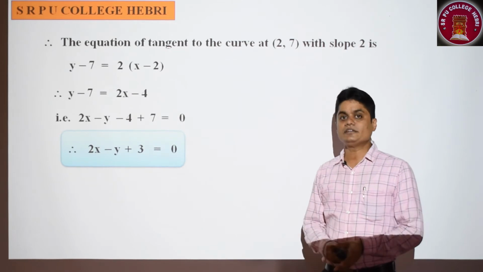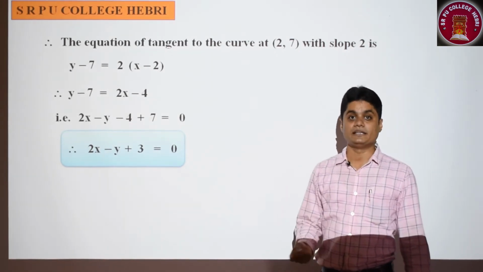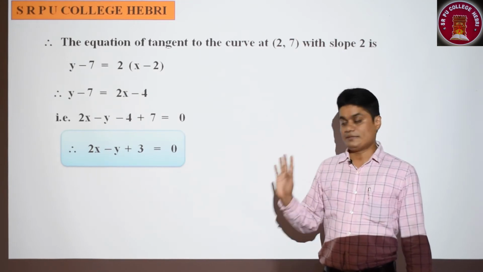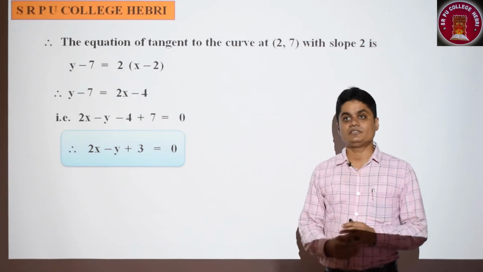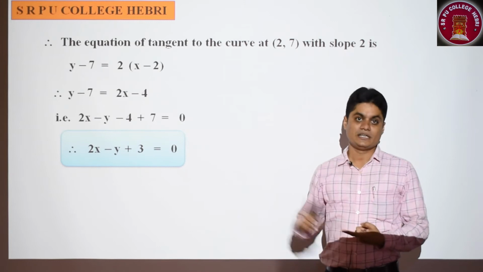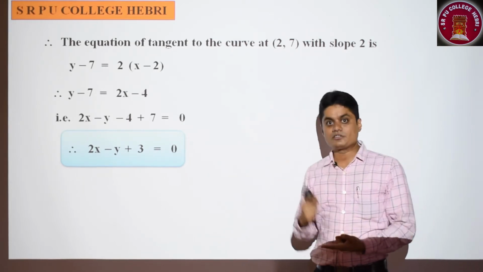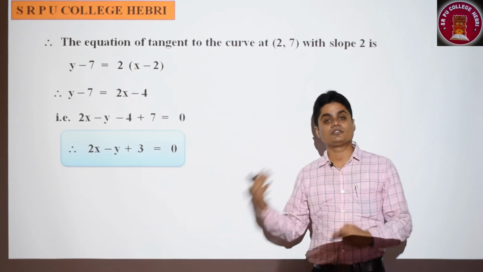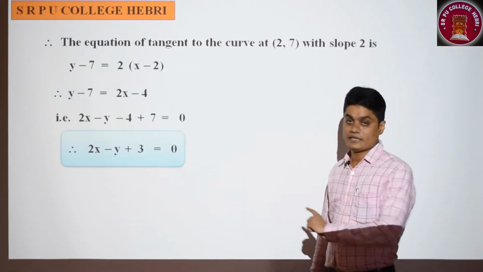Understood? This question had another part: find the equation of the tangent to the curve which is perpendicular to the line. That is your work. I'm not going to display the answer. Similar pattern, the only difference is when two lines are perpendicular, their product of slopes is equal to -1. In this case, the slope of the tangent is equal to the slope of the line. But in the next case, the slope of the line is not equal to the slope of the tangent. Their product is -1. Just you are using that. So that answer I will not display. Please remember that it's a homework part.